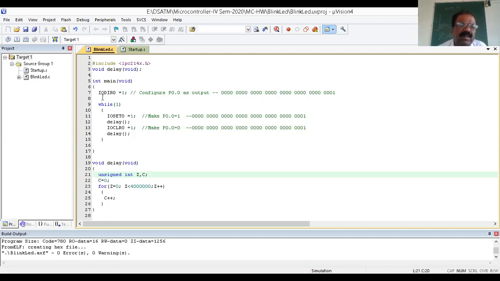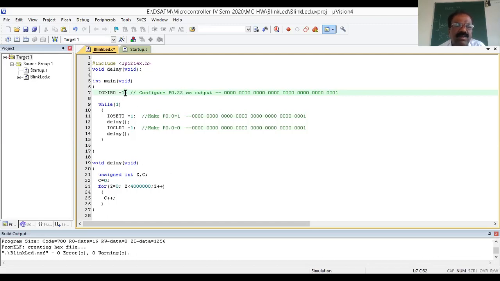We know that IO direction equal to 1 if it is P0.0. Now here I'm planning to use some other pin, so let it be P0.22. In this case, I want to make P0.22 an output. Therefore, we have to make that bit equal to high.